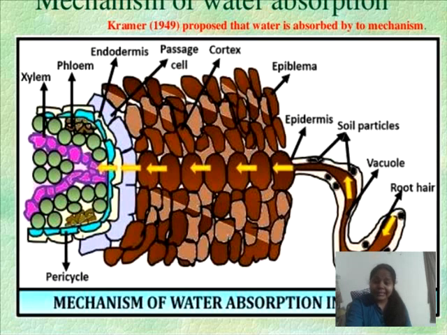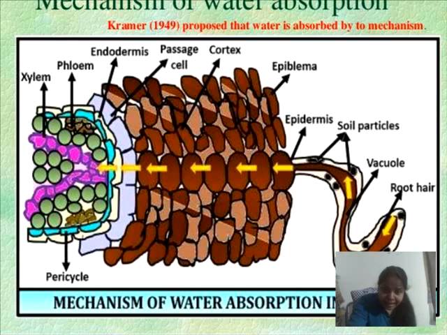due to osmotic gradient. The root hair and other epidermal cells, when they absorb water, become turgid. This pressure potential, that is Tp, is increased. Consequently, their water potential also increases. The water potential of the next cortical cells now becomes comparatively lesser. The water moves from high water potential area to the low water potential area. Thus, the movement of water occurs due to water potential gradient from cell to cell in the cortex region and